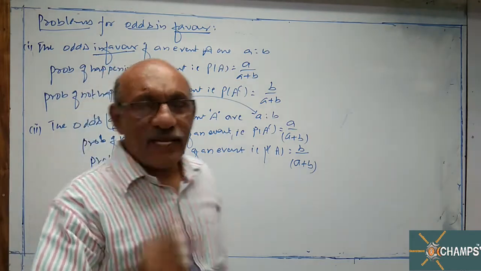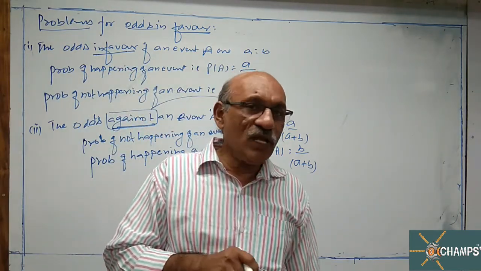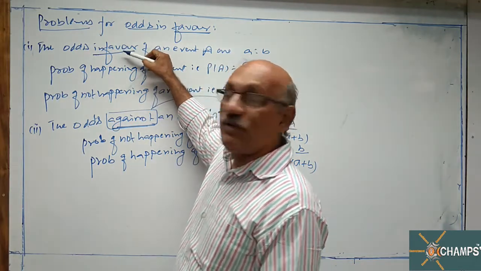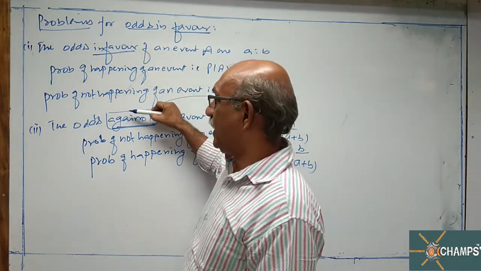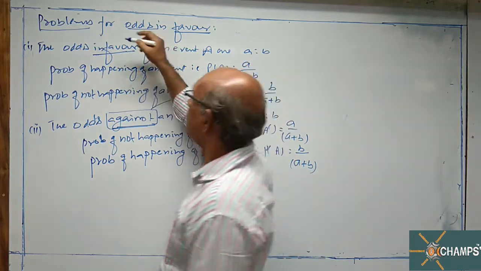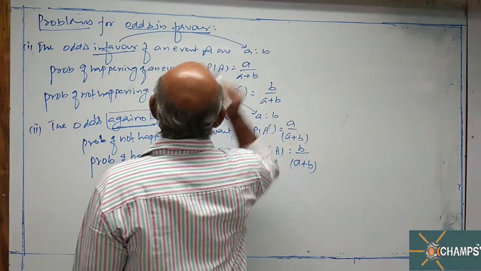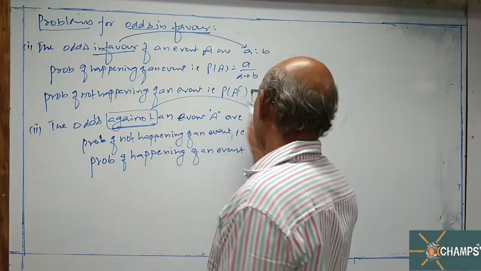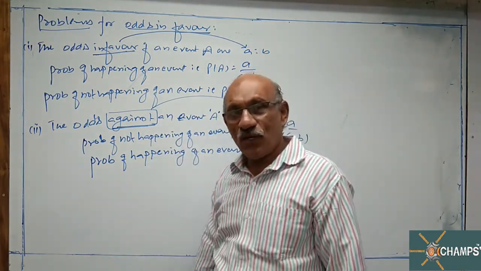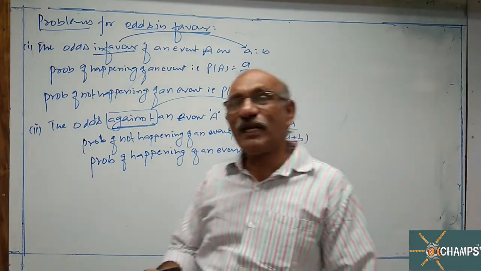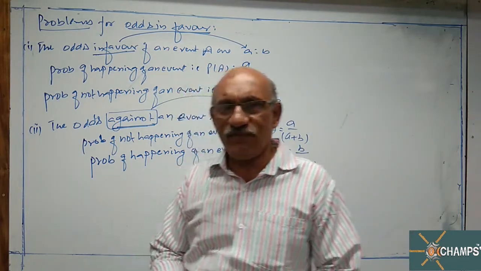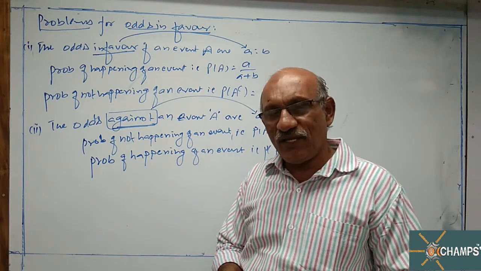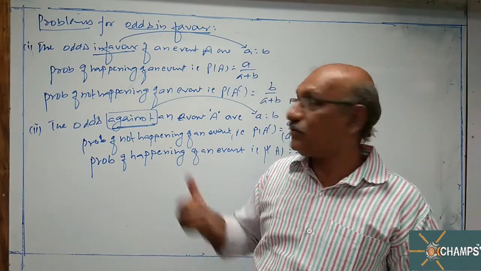So you must be very careful while solving numerical questions, because you have to concentrate on whether the ratio is for in favor or against. If it is in favor, A cases are in favor. If it is against, A cases are against. If you keep this particular point in your mind, these problems are very simple. To get more clarity on this, I am doing 3-4 questions. Note this down, sir.